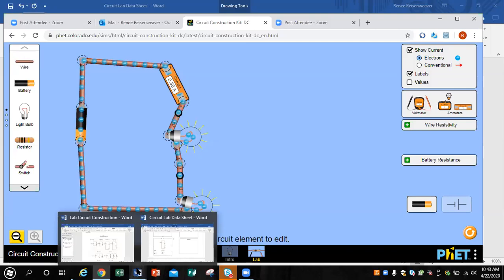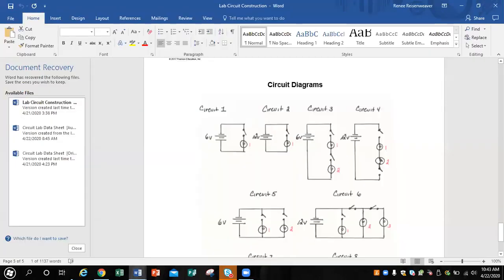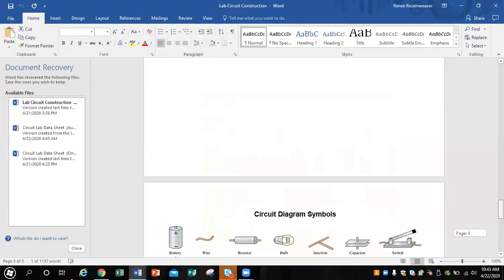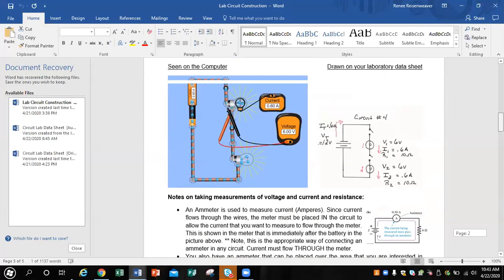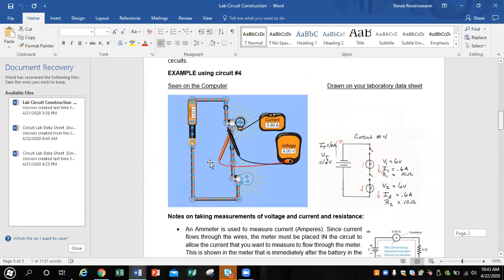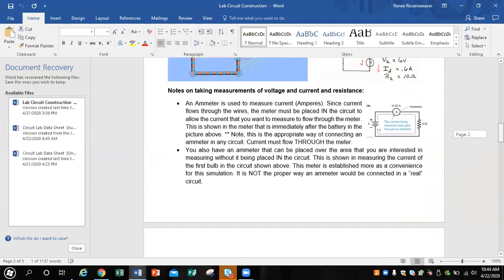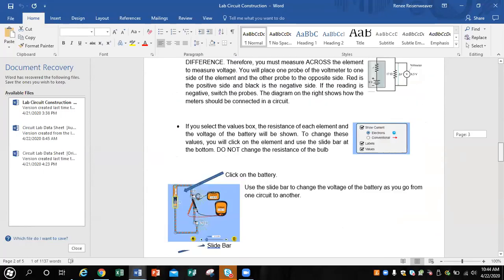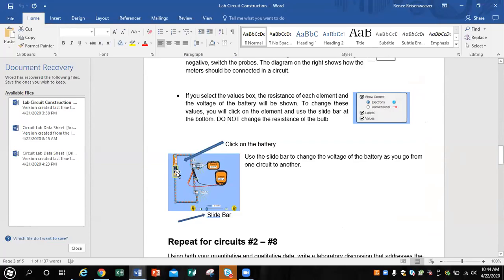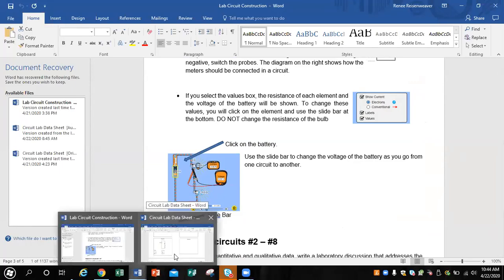So in your lab sheet, again, if I go back to this, I have pictures and directions showing you exactly what you need to do. So this is what you're seeing on the computer. This is what you're drawing in your data table, what you would see. And there are some notes on taking the measurements of current and voltage. How do you change battery voltage? You can also, when we get to phase 2, circuit number 2, if we do that next week,